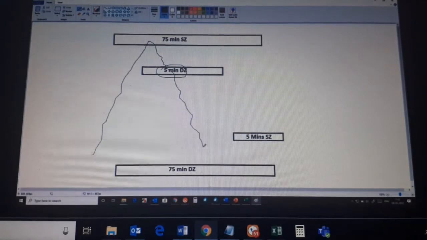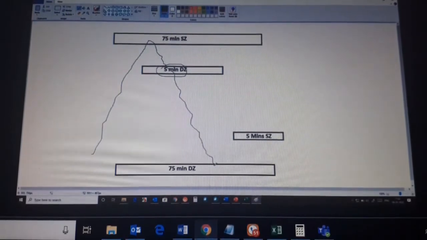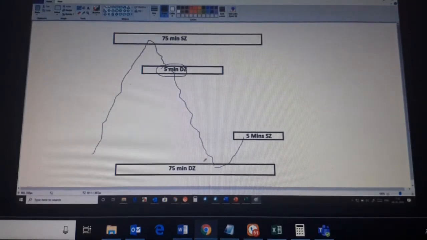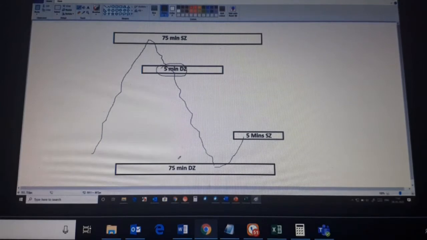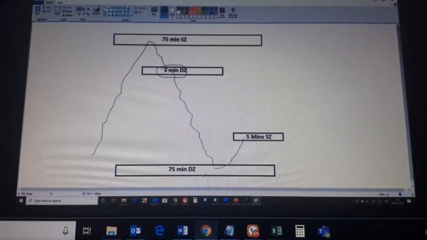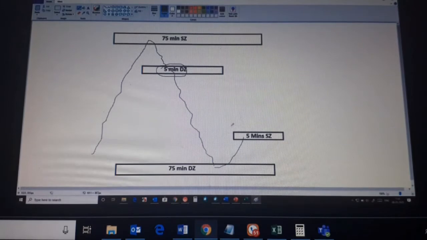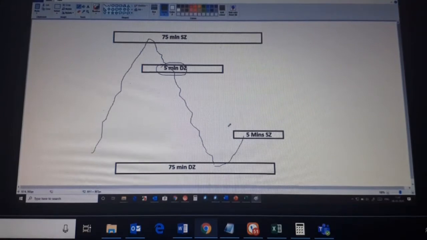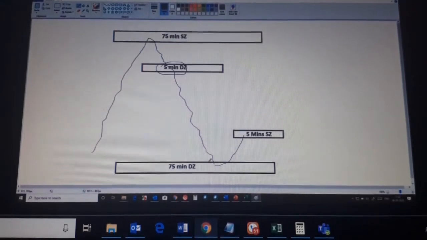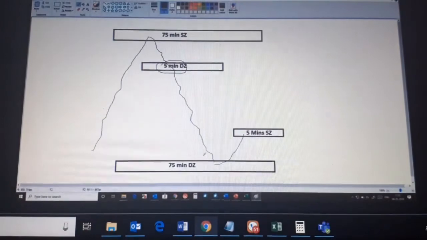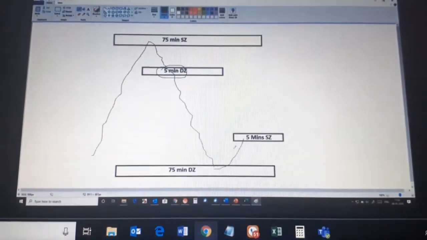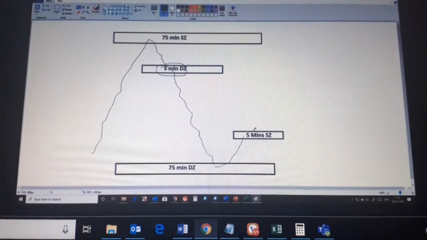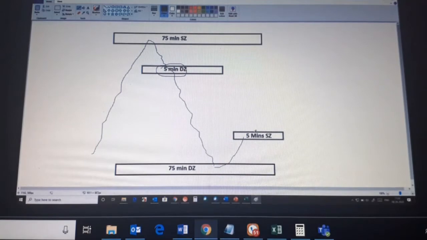Similarly, when the price comes down over here and starts to move up, which has a high probability of working: the 75-minute demand zone, or the 5-minute supply zone? Yes, it's the 75-minute demand zone, because when the price is coming to a higher time frame demand zone, it is carrying a lot of buying orders with it, so it can easily break this over here.